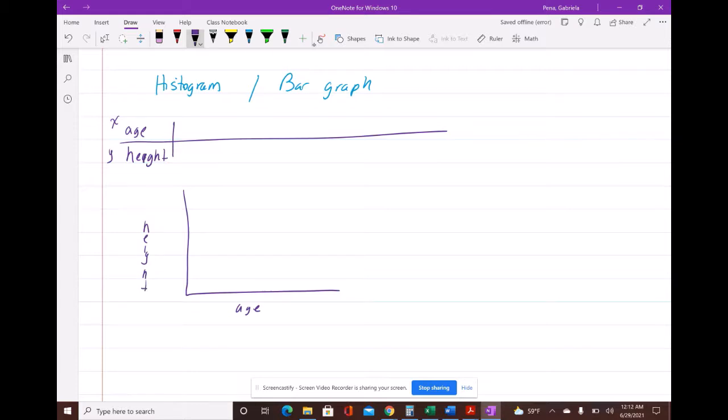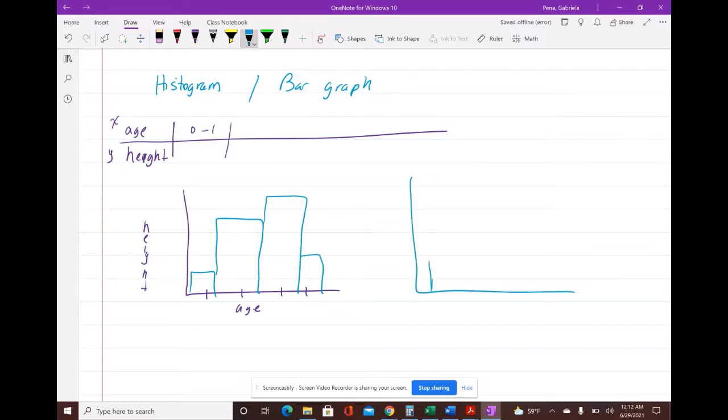Now, they might give you from 0 to 1 year and so on. Please understand you're going to do little divisions. You're going to do a histogram. Now, look at this. And then look at this. Biggest thing, for a histogram,